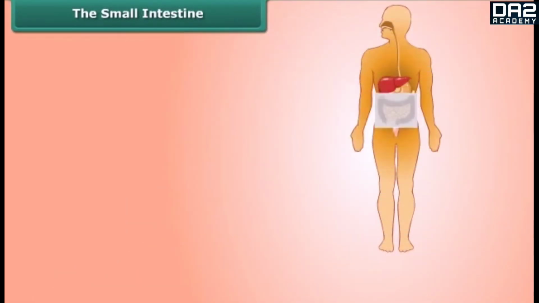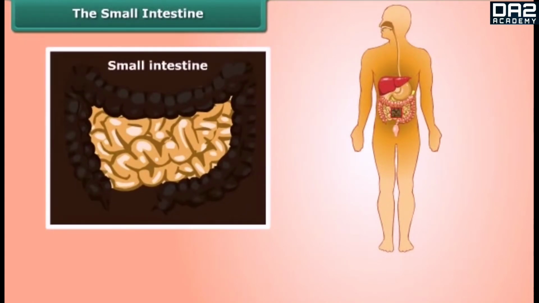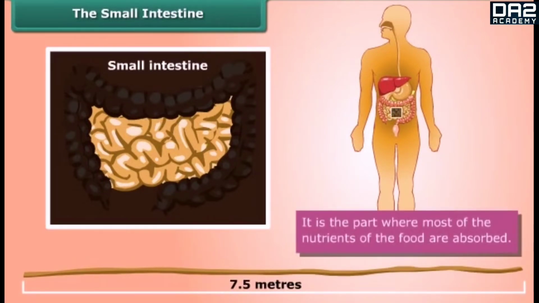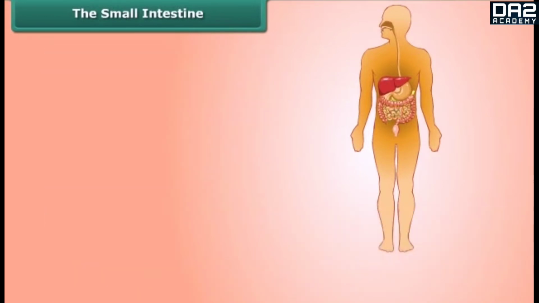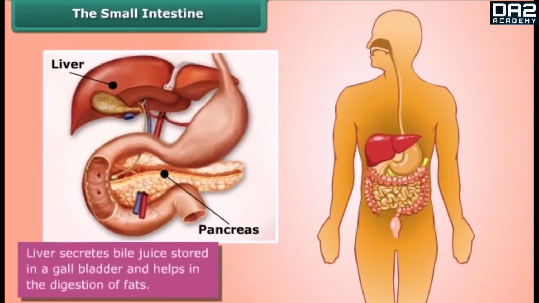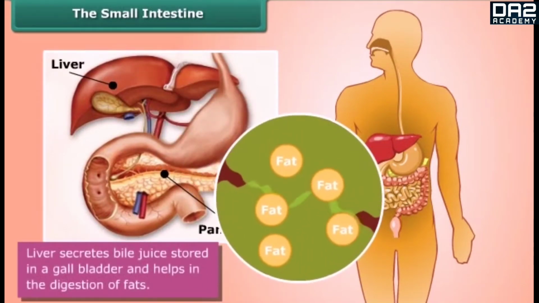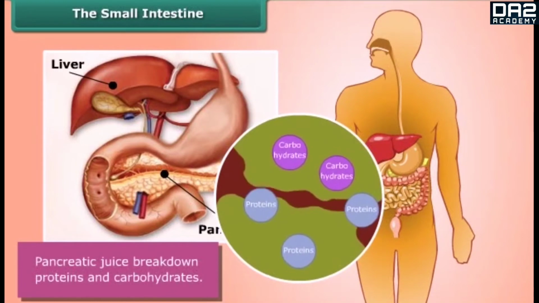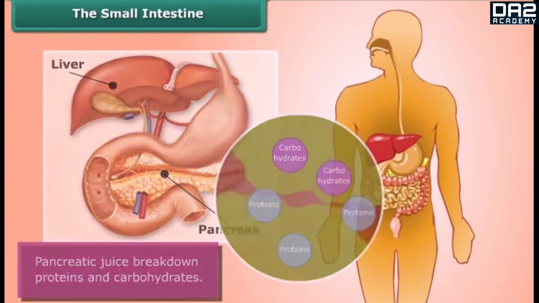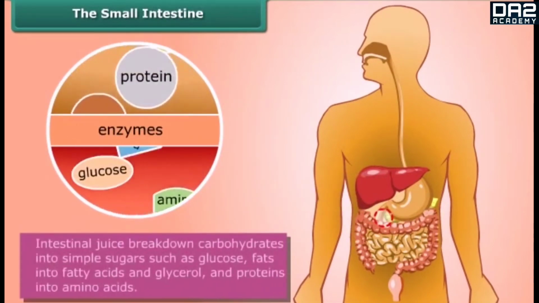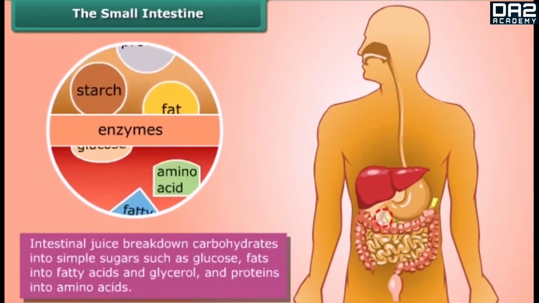The small intestine is the longest part of our digestive system. It is about 7.5 meters long and highly coiled in structure. It is the part where most of the nutrients of the food are absorbed. Liver and the pancreas also join the digestion. Liver secretes bile juice stored in the gallbladder and helps in the digestion of fats, whereas pancreatic juice breaks down proteins and carbohydrates. After that, partly digested food reaches the small intestine and intestinal juice breaks down carbohydrates